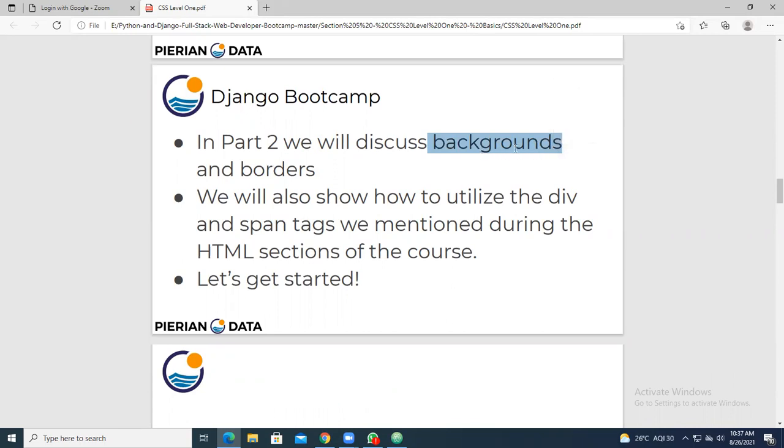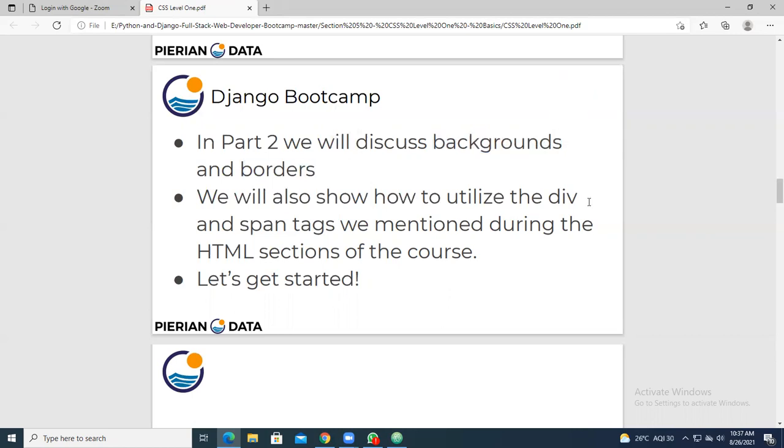Images can also be added, and we will see how to add a border. We will also show how to utilize the div and span tags we mentioned during the HTML sections of the course. So today we will see how to add a background image as well as a border.